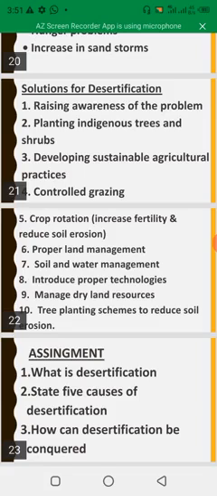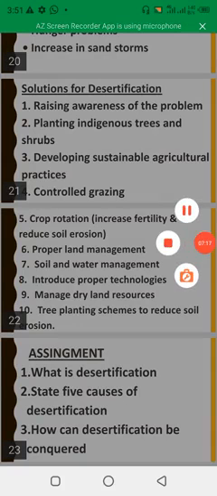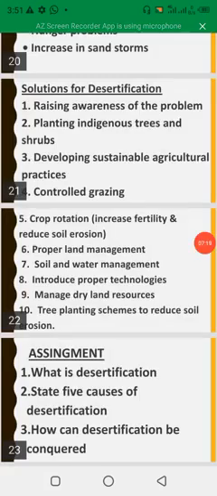Then assignment. What is desertification? State 5 causes of desertification. Then number 3, how can desertification be conquered? That's it. Please do the assignment